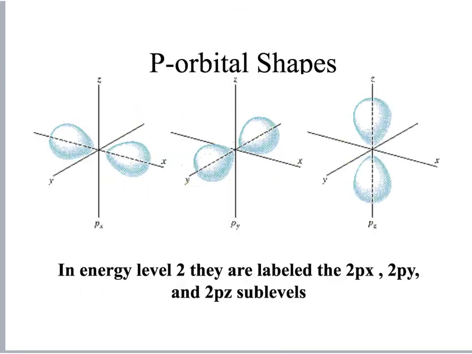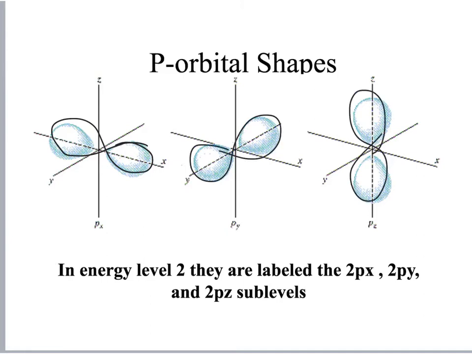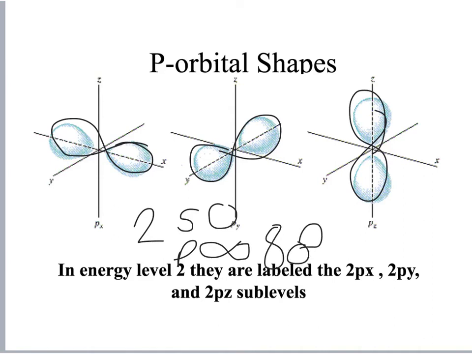All right, the p orbitals look like 2 teardrops or figure 8s, and they can be arranged in 3 different orientations. They're going to be left to right, front to back, and up and down as well. Okay, so to recap, energy level 2 has an s orbital, which is spherical, and then the p orbital can have left to right shape, up and down shape, or front to back. Since 2 electrons can fit in each of these shapes, this can hold up to 6 electrons total in the